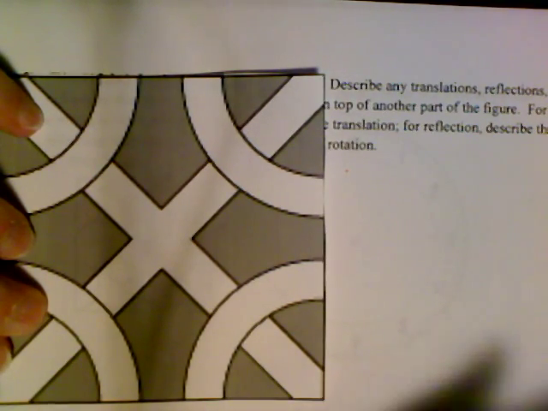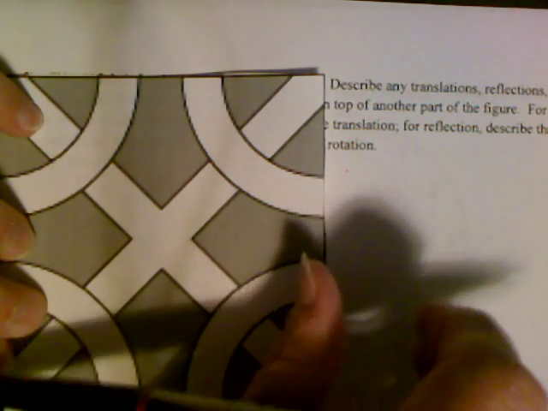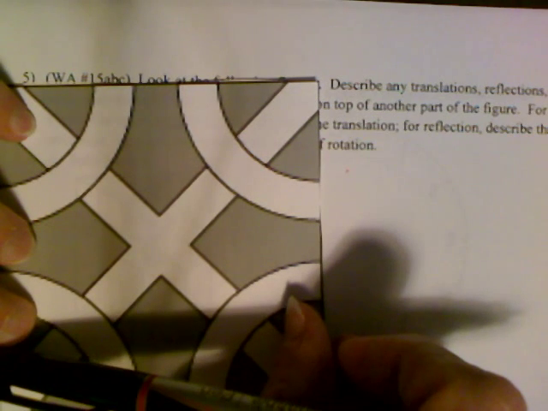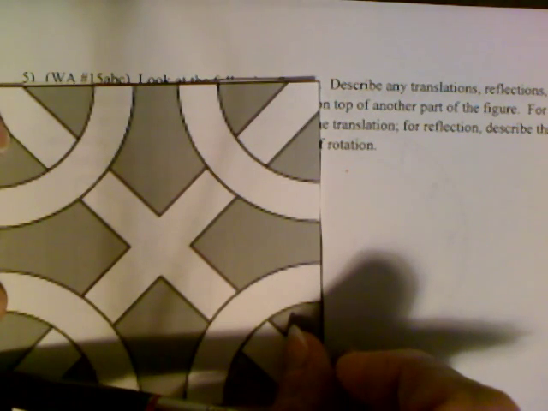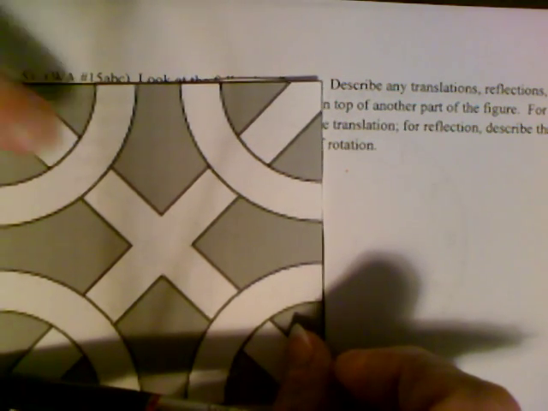Isn't that right? 180 plus 90 is 370. So if I do 210, I still get the same thing. I'm not sure about that number. There are horizontal and